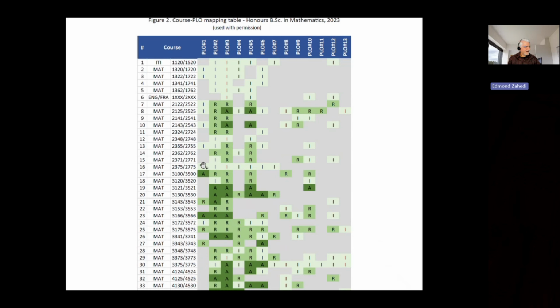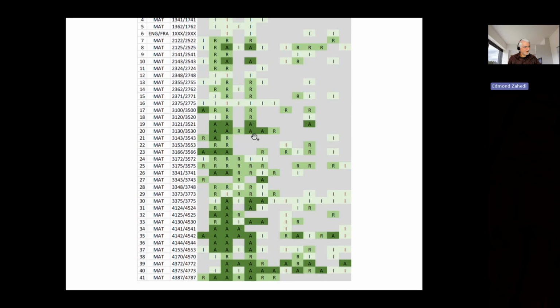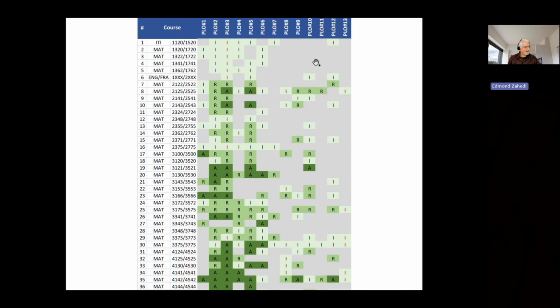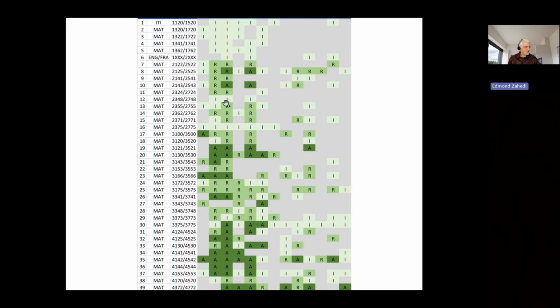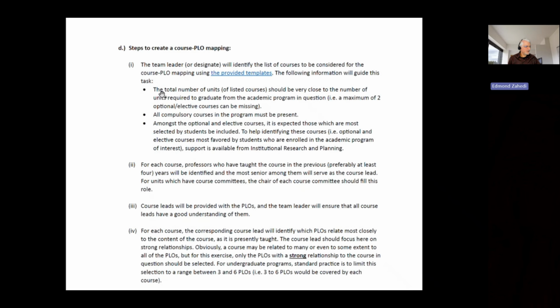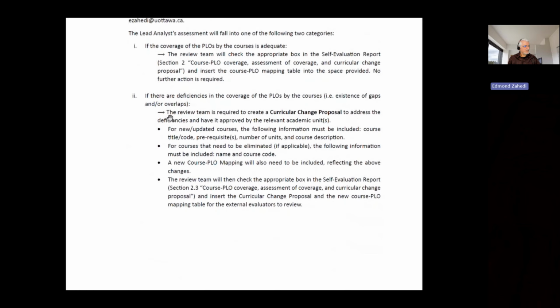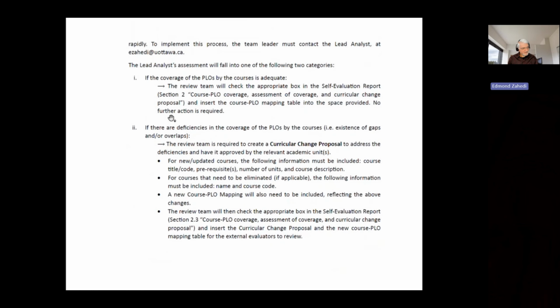You have lots of I's, a few R's and A's, and intermingling of all of these, and you have desertic areas as well. So this is a true course PLO map that I show you with the permission of the academic unit. And you have the steps that are explained in the guide, and finally what happens to that. So it's a more detailed version of what we see, but let's move on to the